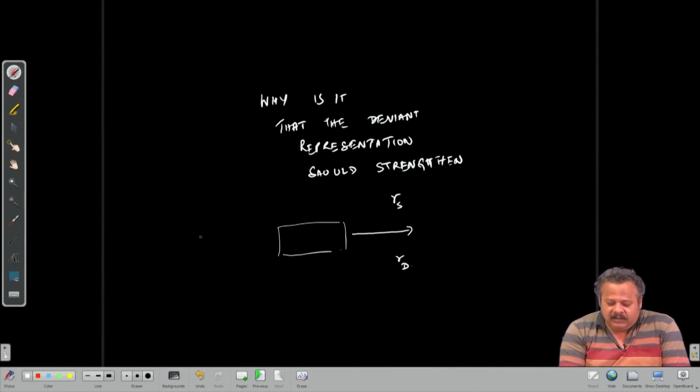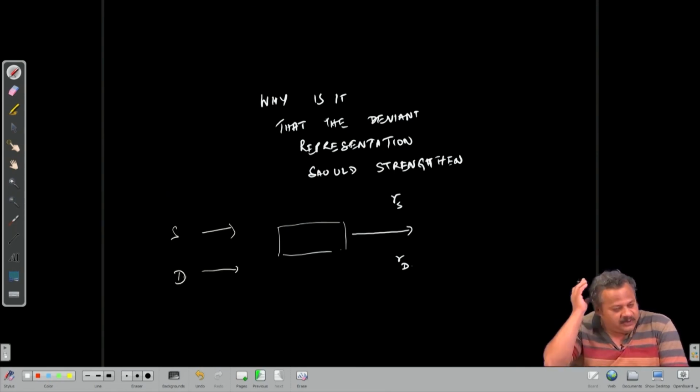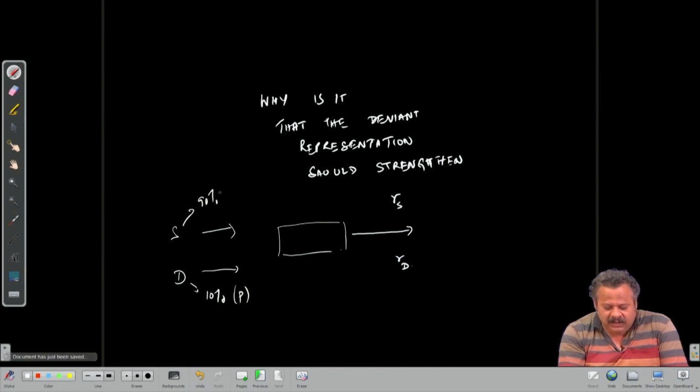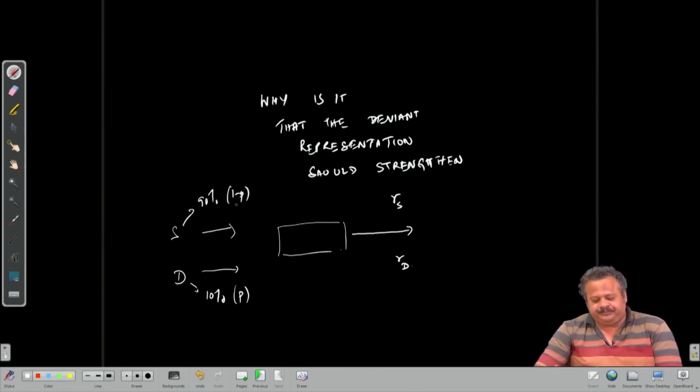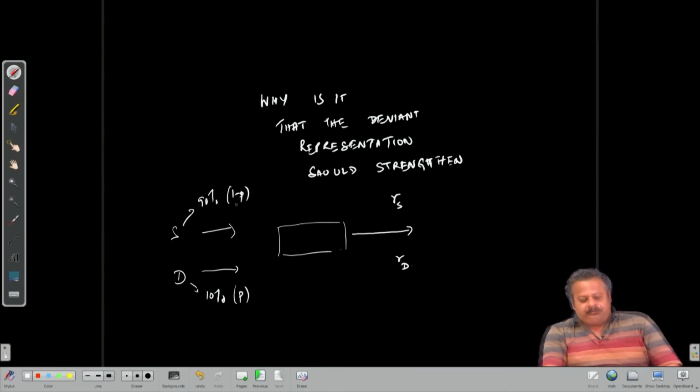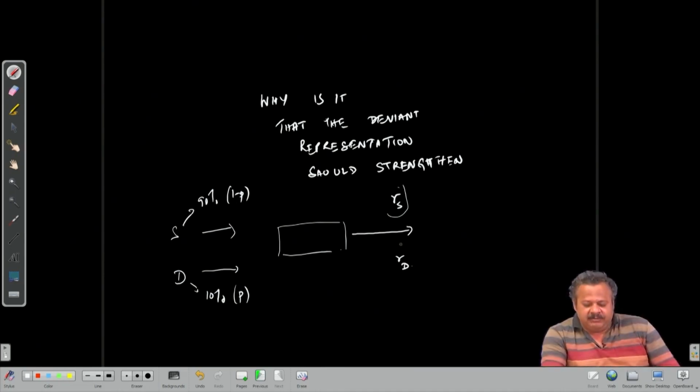And in the input, what we have is presentation of standard and presentation of deviant with different probabilities, that is let us say this is 10% and this is 90%, or more generally this is P and this is 1 minus P. So starting with very similar values of RS and RD